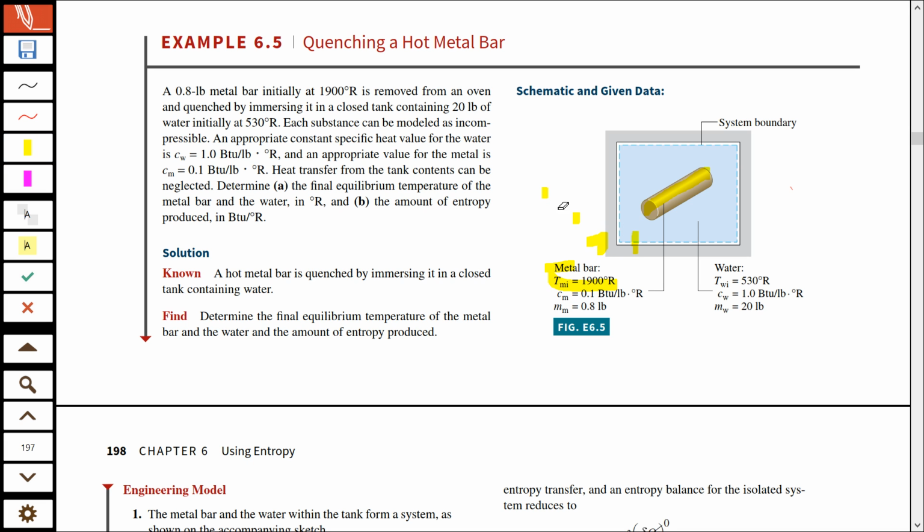If you think of metal as a subsystem, the metal bar has TMI, metal initial temperature, of 1900. MM is the mass of the metal, and that is 0.8 pound. It is also given there. Actually, this is how the question starts. And you assume this metal to be, for this analysis,